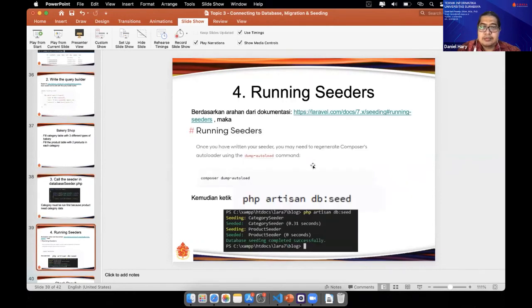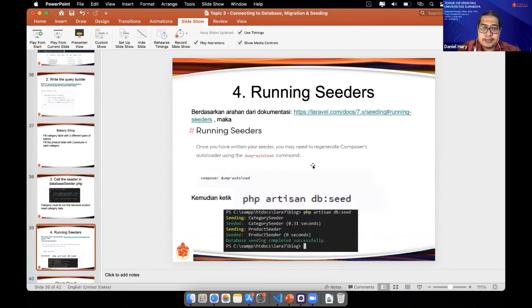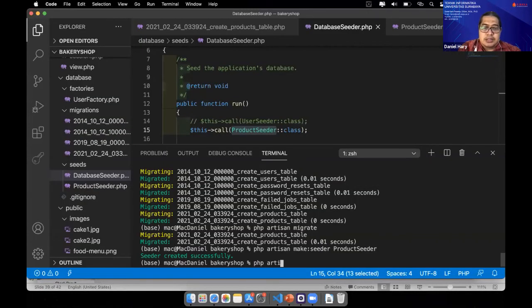Okay, we will run again the category after we create the category and the relation. For running the seeder, we can call this one PHP artisan DB seed.